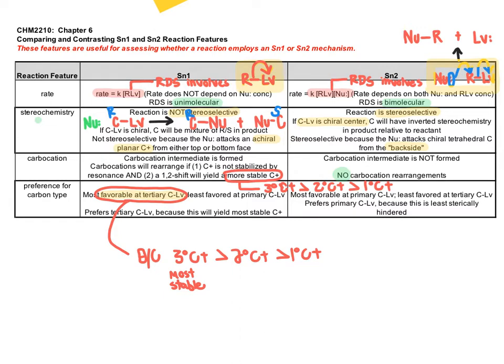So the Sn1 is going to prefer to occur at a tertiary carbon bonded to the leaving group because that's going to give the most stable intermediate resulting from the rate limiting step. On the other hand, at a primary carbon bonded to the leaving group, it's going to be very difficult, if not impossible, to get an Sn1 reaction going there because of the fact that the carbocation that would result by breaking away the leaving group would be really, really treacherously unstable. So don't do that. All right, coming over to the Sn2, all is not lost with the primary carbons